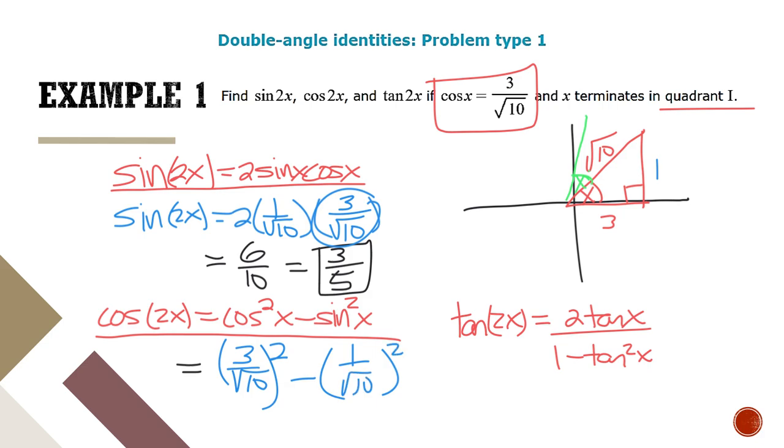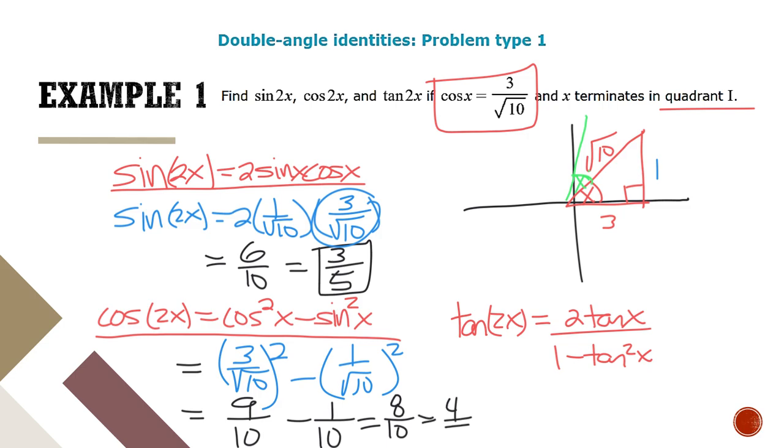So when we square this, remember it goes to the numerator and the denominator. So this is 3 to the second power, which is 9, and the square root of 10 squared is in fact just 10. And then 1 squared on top is 1, and the square root of 10 squared is 10. So we end up getting 8 over 10,